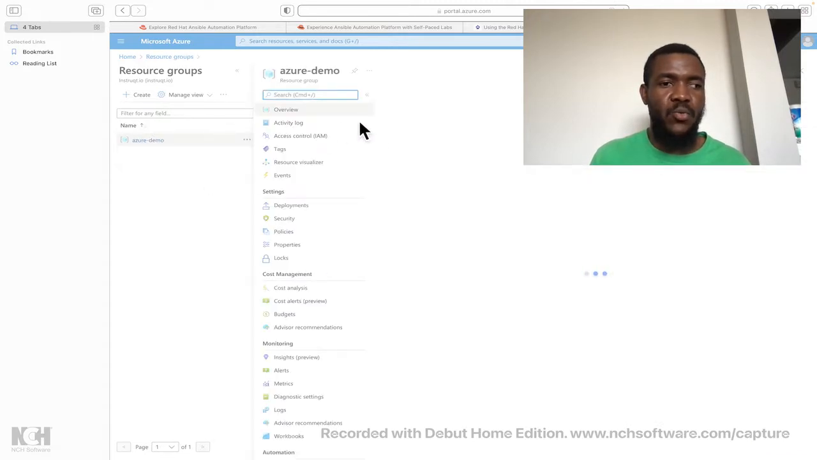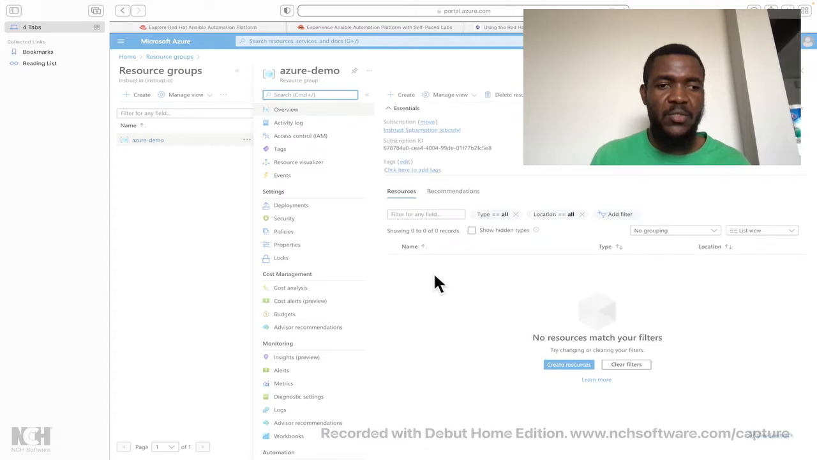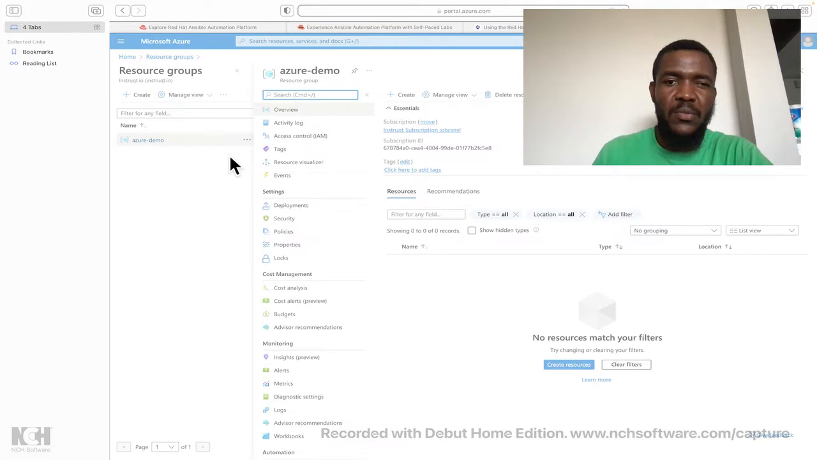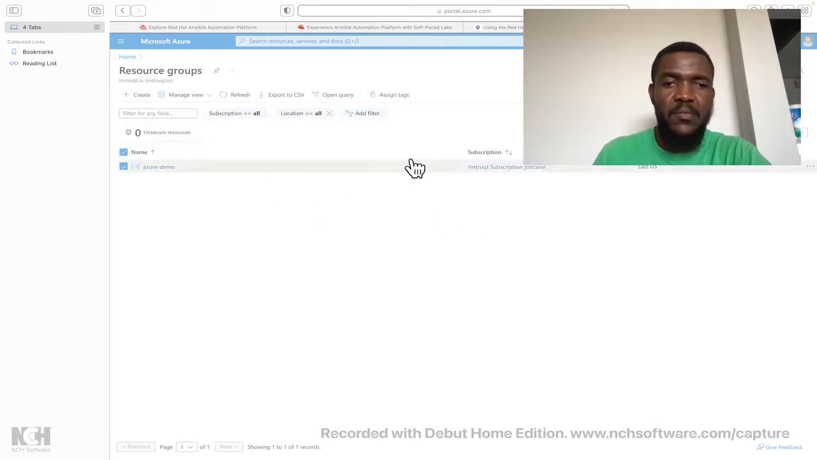Open the demo. This is all the resource groups that I created. This is what it looks like. Create a resource. So we're good. This is the demo that we did. So we found it right here. So just come back and close this. This is my resource group. Let's go back to the